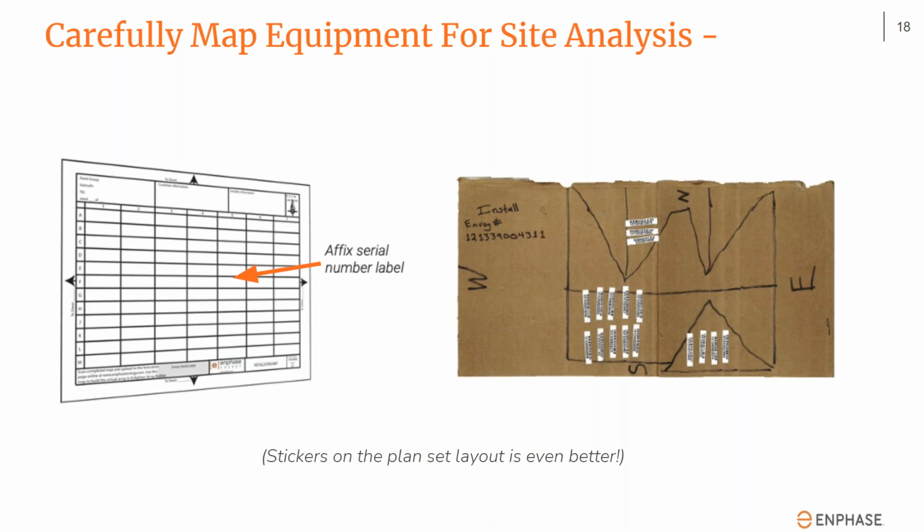Yeah, and Danny, you mentioned earlier, and I can't reiterate this enough, having a clipboard, because up there on the roof, the wind can easily take a piece of paper or a piece of cardboard away. Cardboard's probably a little better than paper, but I've seen so many times a piece of paper fly off the roof, and that's never going to make commissioning fun. So definitely having something heavy and sturdy, such as a clipboard, is a major pro tip there.